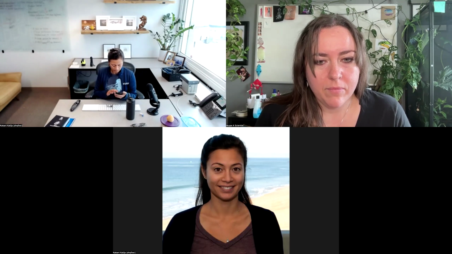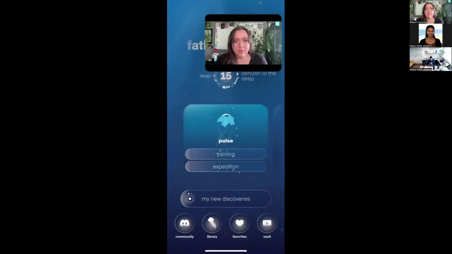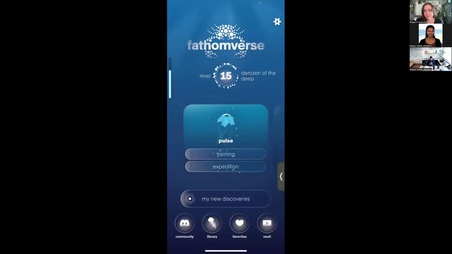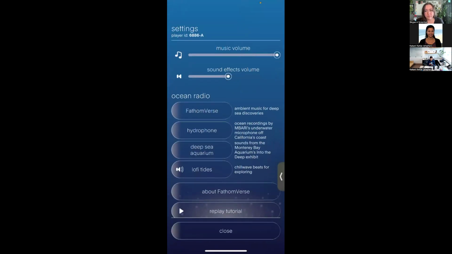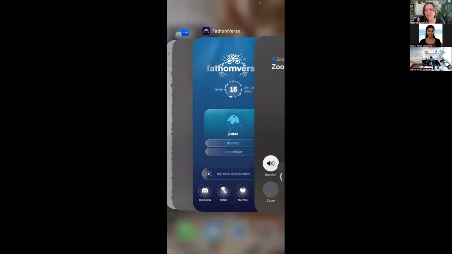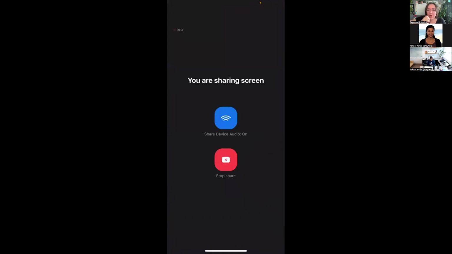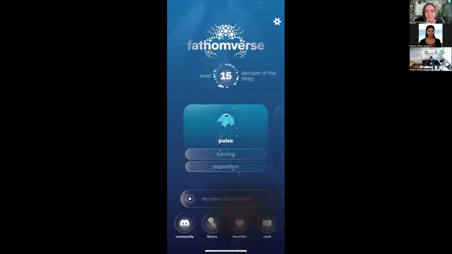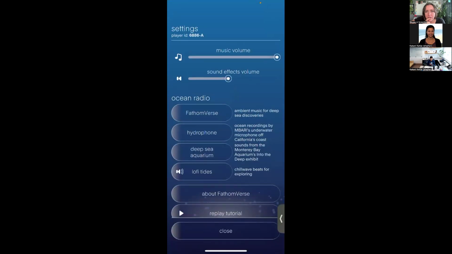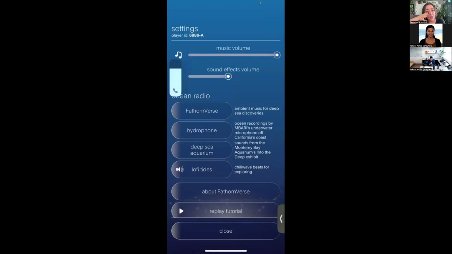All right, so I'm going to share my screen, start broadcast. Can you hear? I can hear you. I think when you're doing the share screen, there's a little button at the bottom that says share computer audio. In this case, it might be share phone audio. To change that, you've got to stop sharing and then start resharing. How about this? Did that work? I suspect it will. Let's go to Fathomverse now, let's see what happens. I don't hear any audio from the phone. Oh no. All right. Well, you guys, sadly, you will not be able to hear it, but I recommend